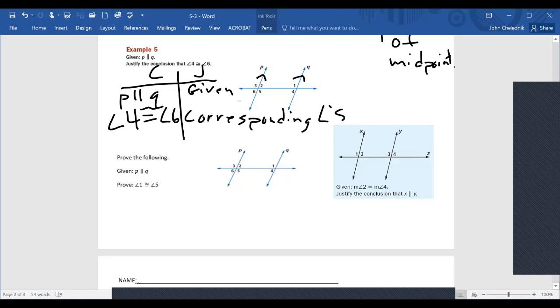All right, now we're not on the last one, but we're getting there. It says given P is parallel to Q again. All right, so I'm going to put the arrows on here to show that they're parallel. It says prove angle 1 is congruent to angle 5. Oh, this is going to actually be more than one step. Hope you don't mind. So we've got conclusions and justifications. So, okay, it's given that P is parallel to Q. Now, because of corresponding angles,